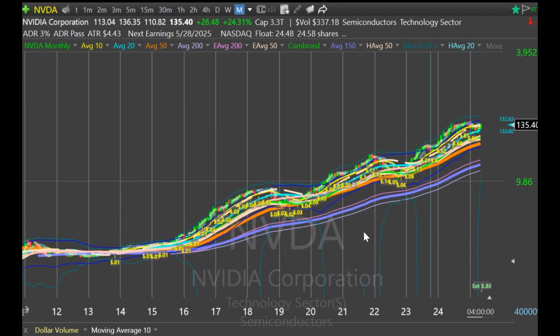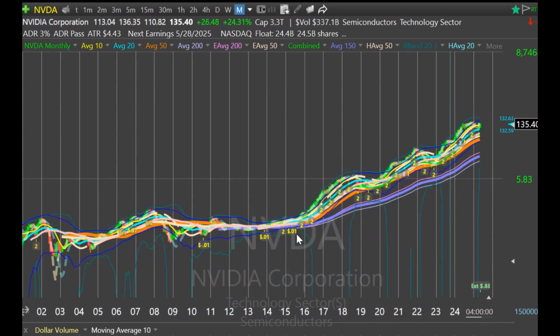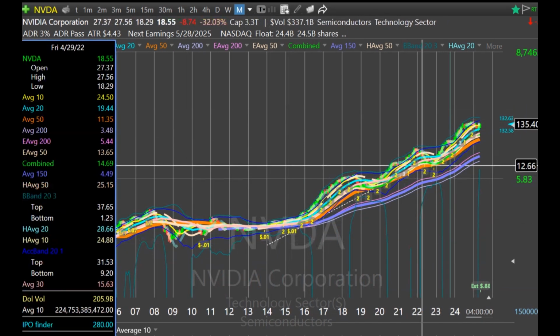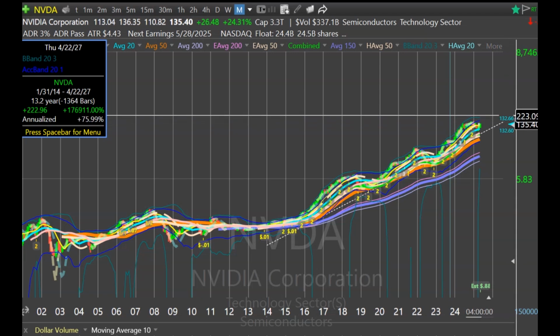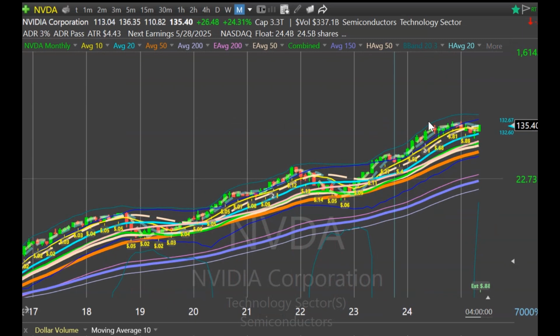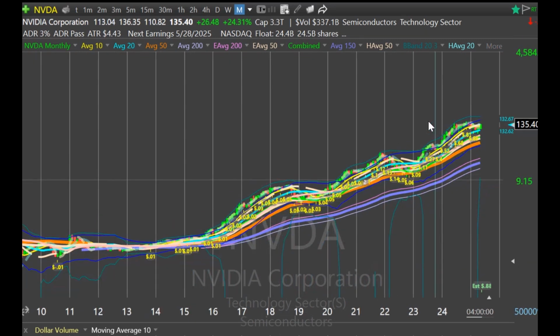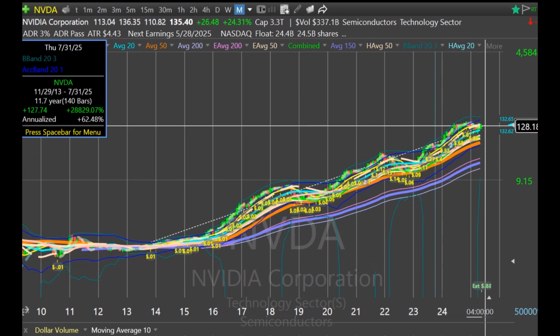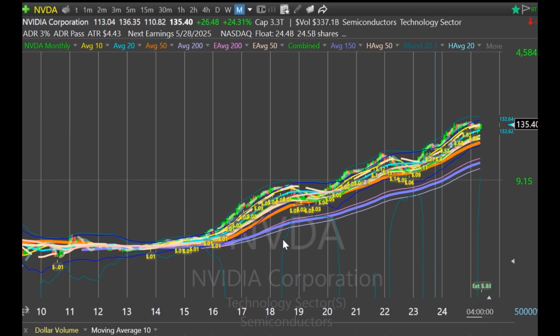Let me hide it off here. But notice the same directional patterns here where it just goes up. I can draw a line right here and it's going up. So I'm going to tell you, I know when NVIDIA is officially done. And it doesn't look like it's anytime soon. Had you bought NVIDIA here, you'd be up 28,000%. So the only question is how long can it go on?